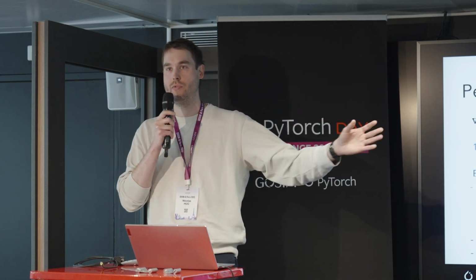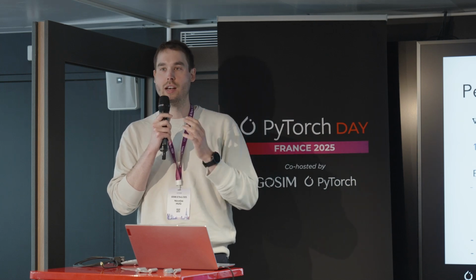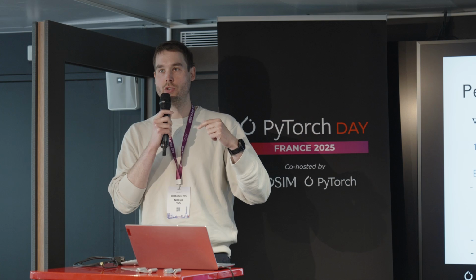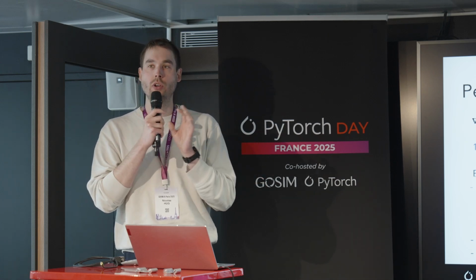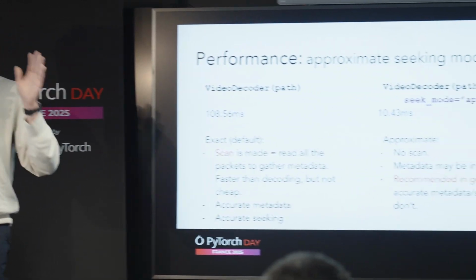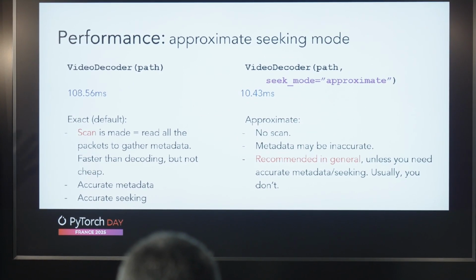Okay, so a little tip about performance. By default, when you use TorchCodec and instantiate a video decoder object, what happens, here on the left, is that we do a scan of the video. The scan doesn't decode the entire video. We just read the entire thing. We read the packets that FFmpeg sends us. And these packets contain enough information for us to provide you with the accurate metadata that I showed earlier. So that's how we correct the metadata from the header that can potentially be lying. And it also allows us to build an index of keyframes, which allows us to seek precisely where you asked TorchCodec to seek. I'm not going to go into too much detail, but this scan